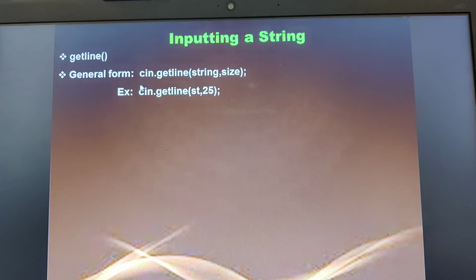In fact, I am going to ask the user to enter the string. In that case, how do we read it? Suppose the user provides a string known as teacher, so I have to read that one. In order to read a string, we use the getline function. After getline, you need to specify the string, comma, its size.